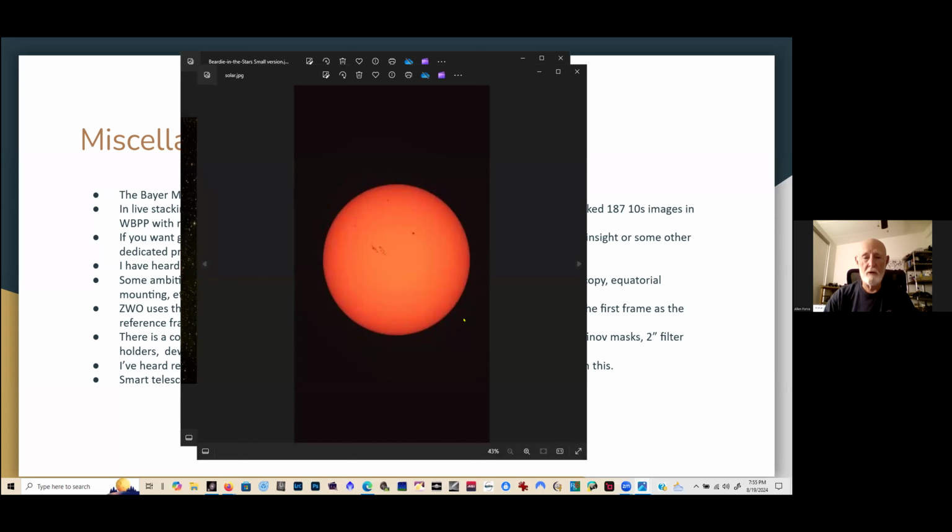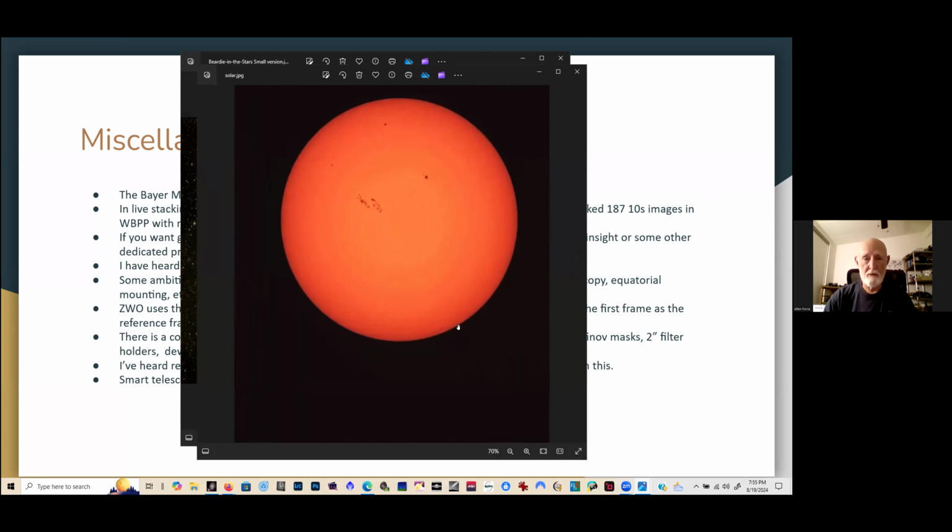This is a solar image, one of the first ones that I did, because that's what I got it for. And as you see, it's not bad. It's not real great. The image that you take, you just pop it in there, take an image, and you get a shot, is pretty much like this. In order to really get things to the very best, what you do is shoot video with